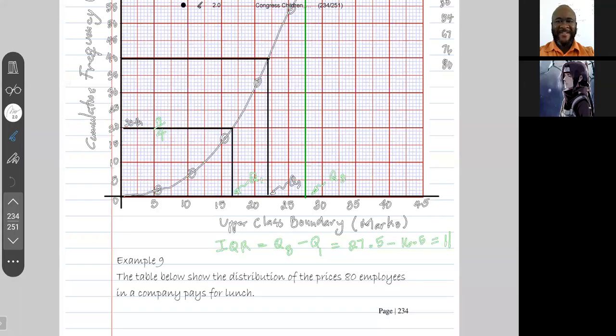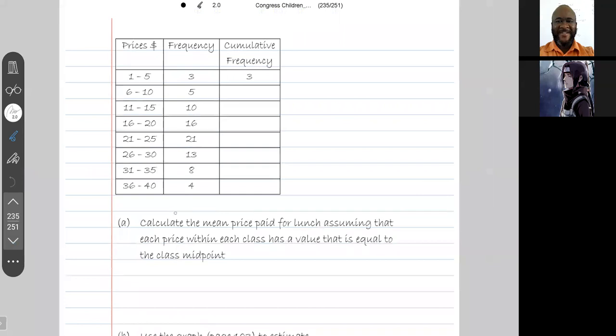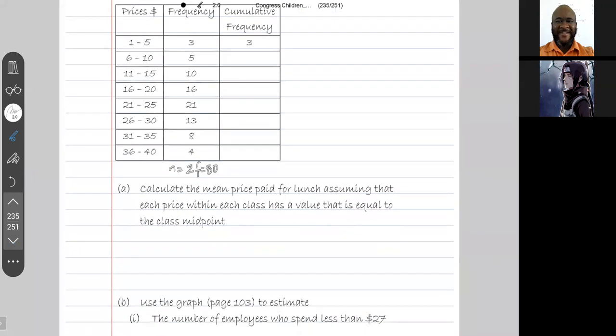All right, so example 9, the last example for the day. The table below shows the distribution of the prices 80 employees in a company pay for lunch. So this is the table. N is equal to the sum of the frequency. So I'm sure if you add this, you should get 80. It's 80 employees. The first thing we're asked to do is